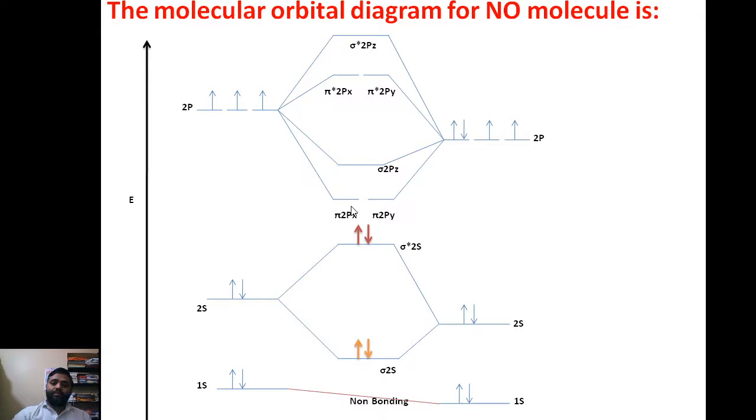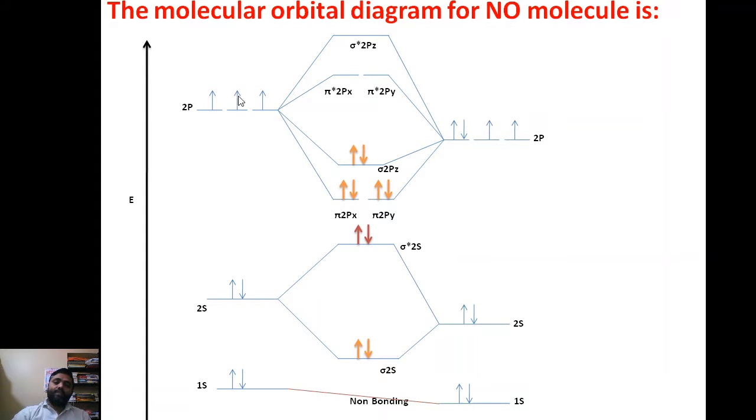You can distribute these electrons in the molecular orbitals. The first electron comes into the lower energy orbital, because lower energy is more stable. The 7 electrons you can distribute here. The first electron goes into pi 2px, the second electron comes into pi 2py, then the third electron comes into pi 2px, and the fourth electron fills pi 2py. Next you fill up 4 electrons, then the next electron comes to sigma 2pz.